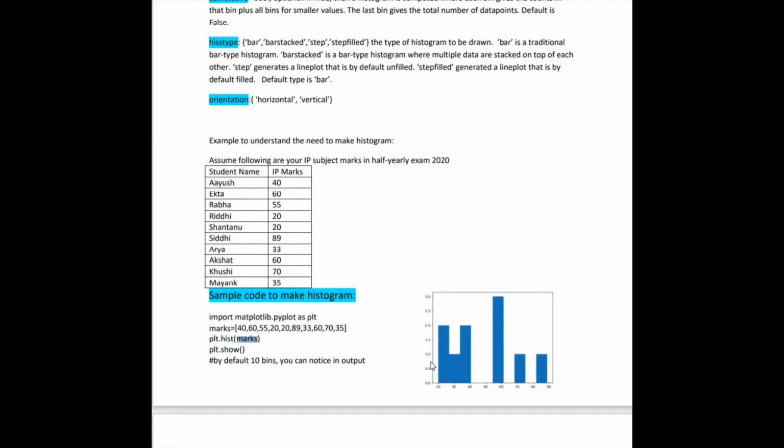Once you execute this code with plt.show, you will obtain this output. If you count the bins in this output, there are total 10 bins here.